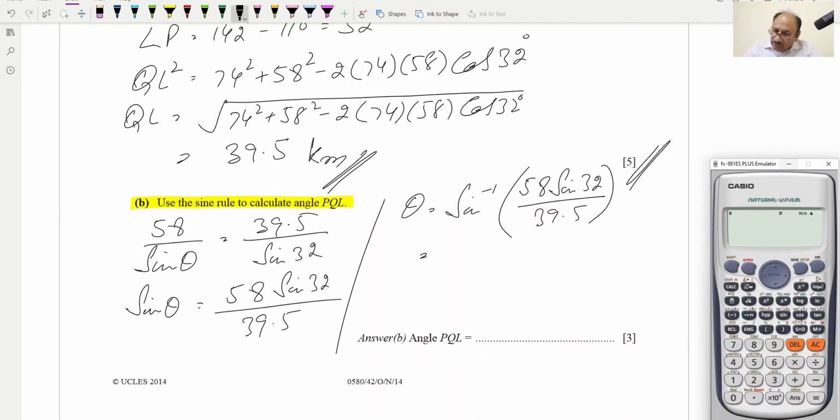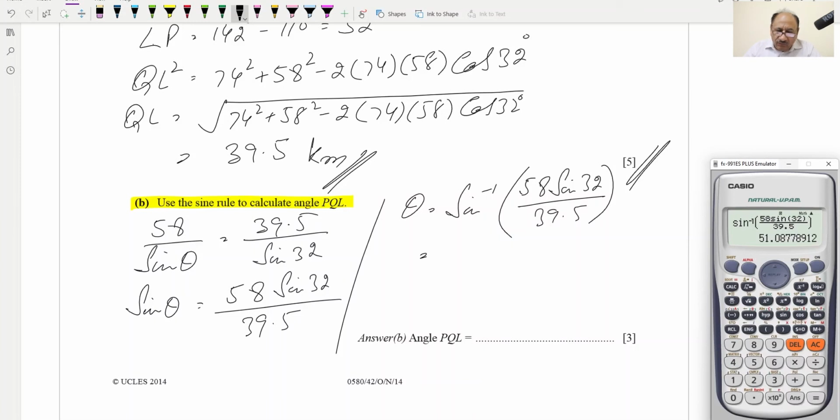So it will be shift sine of fraction, this one. So 58 sine of 32 and divided by 39.5, and bracket will be closed, and this is